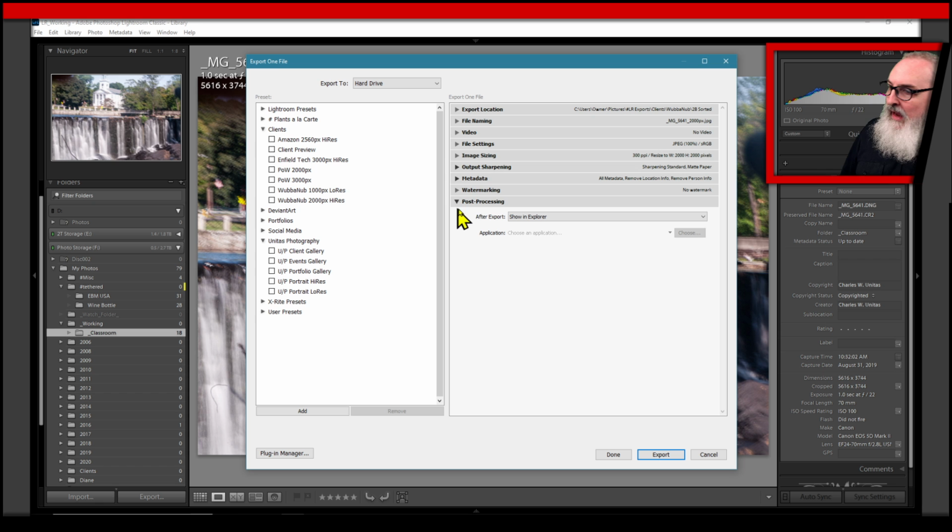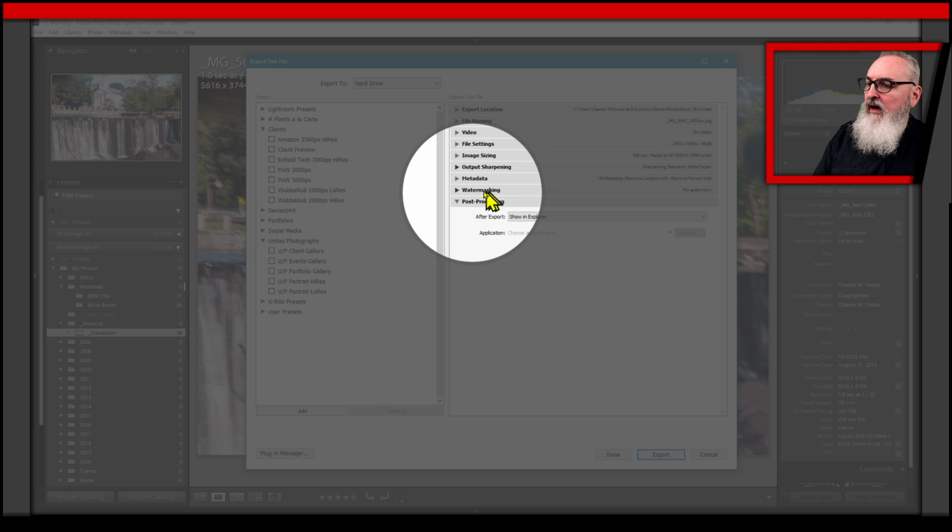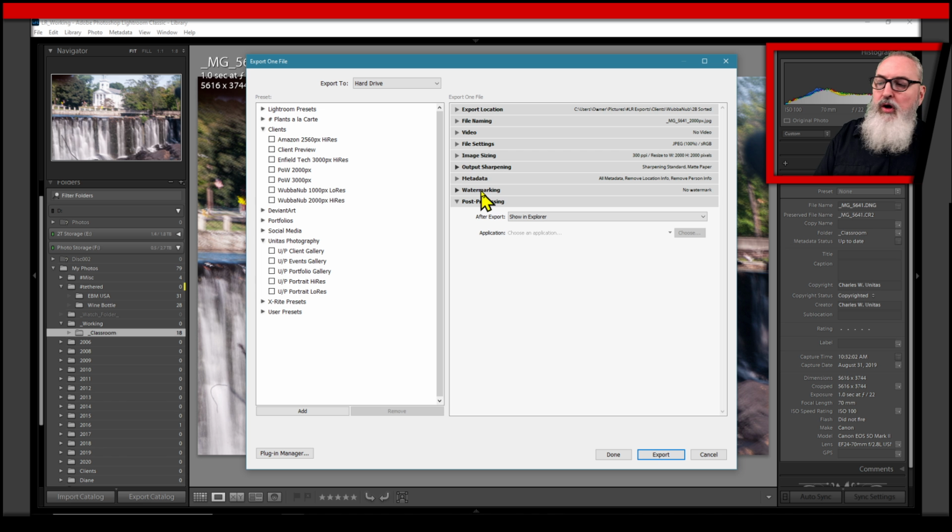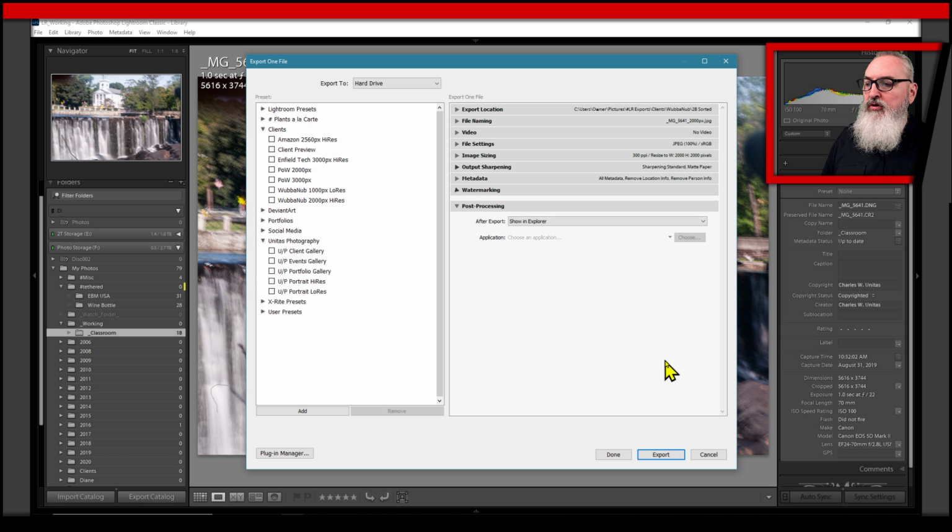All right. And second to the last, right here, is where we can determine whether we're going to add a watermark to our image or not. Okay, so we're going to click where it says watermark, and then we're going to select something